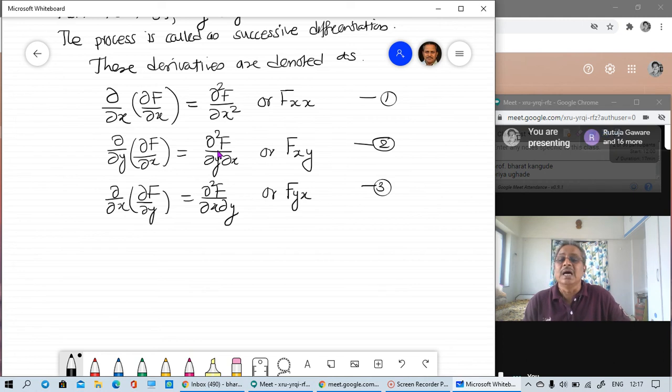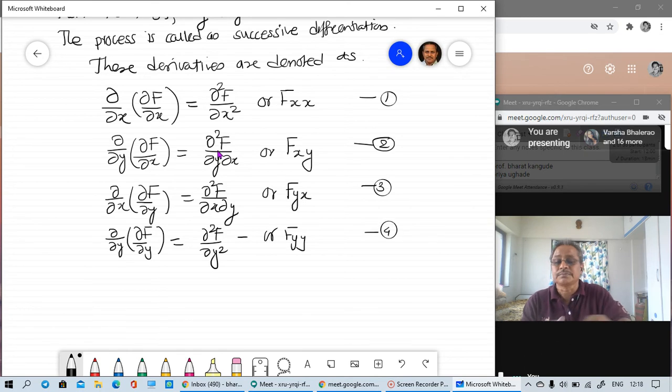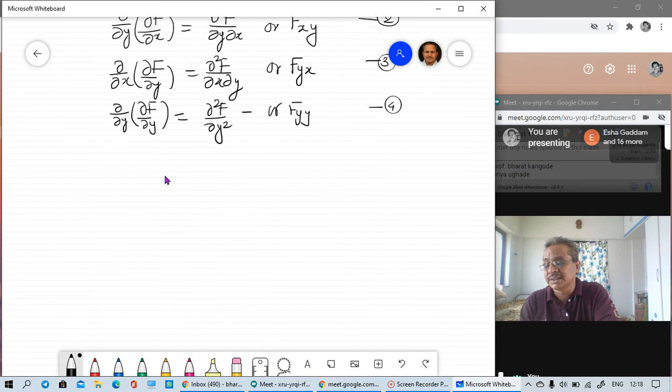Okay, this. And the fourth you can easily write, I am getting the differential of ∂f upon ∂y with respect to y itself, just like the first equation. So it is written as ∂²f upon ∂y², that can also be written as fyy. That is my fourth equation. So these are all second order partial derivatives. Second order partial derivative. Okay, here now in this case